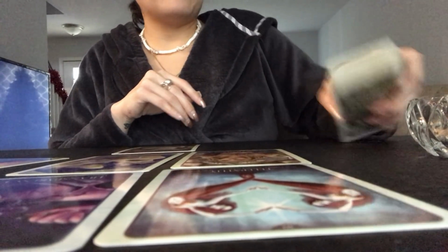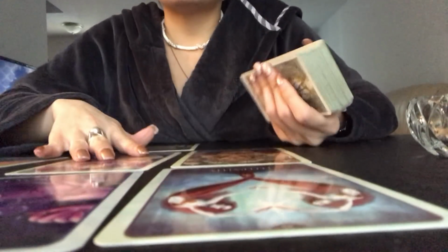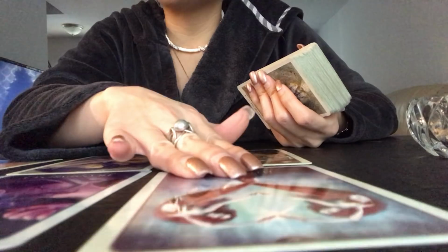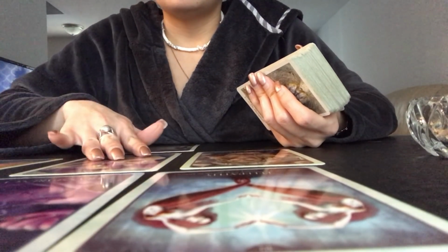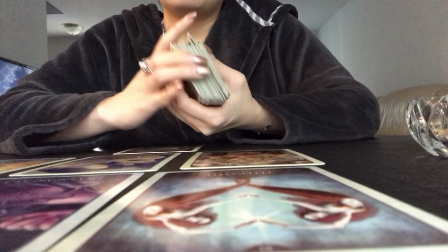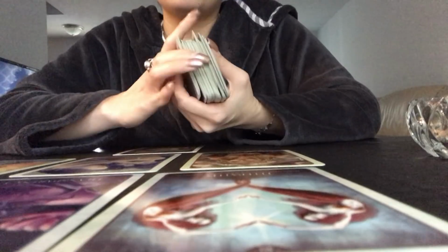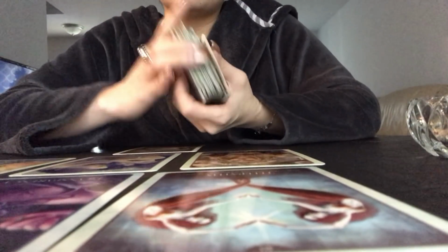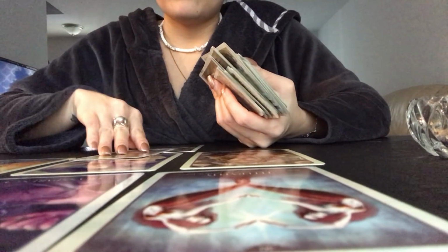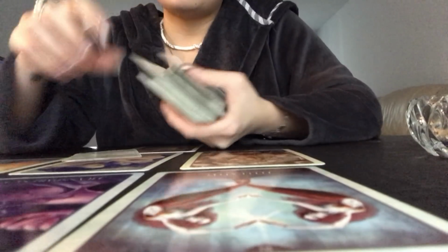I'm going to clarify them, just get tarot cards for each one to provide us with better guidance. I mean, these cards are pretty straightforward though. I don't know, should I clarify them? Personalize them for you guys, because that's what clarifying is, just really personalizing it. Wow, I love it. 4 of Wands came up, but I didn't say what I wanted to clarify. Okay, I guess let's clarify